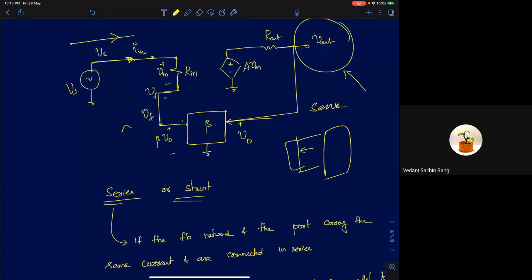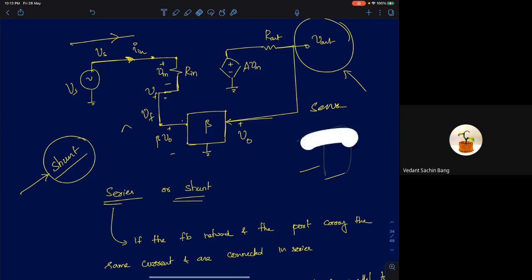If I connect the feedback network in parallel, then I can sense all the voltage. That's called a shunt connection. So if I want to sense voltage, at the output terminal I connect it in shunt. When you're connecting it in parallel, it's called shunt. If you want to sense the output current, on the other hand, you have to connect your feedback network in series with the output.